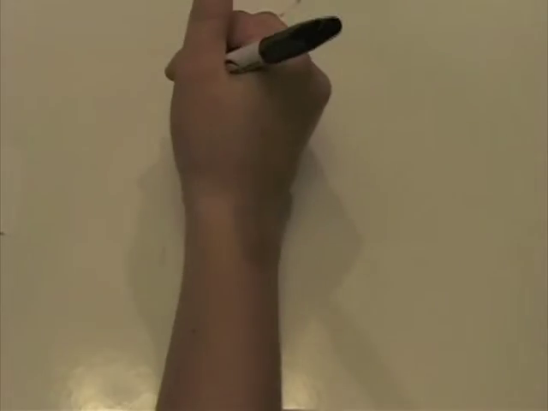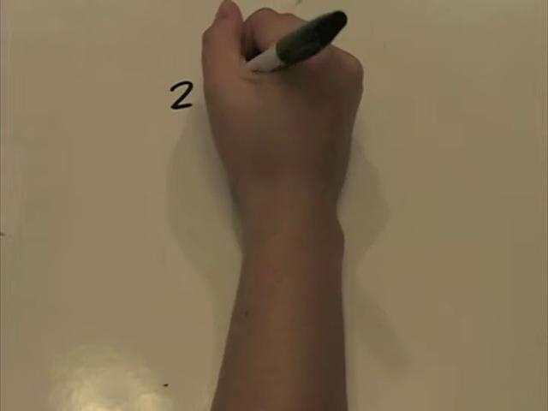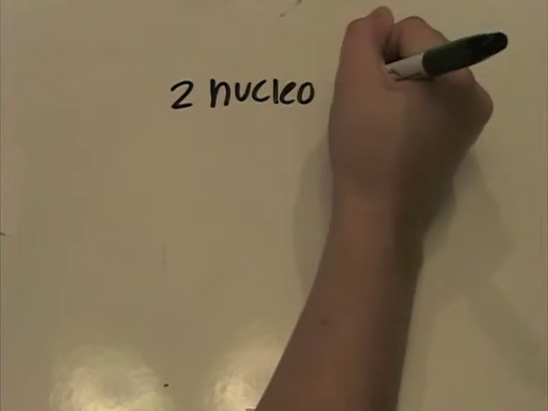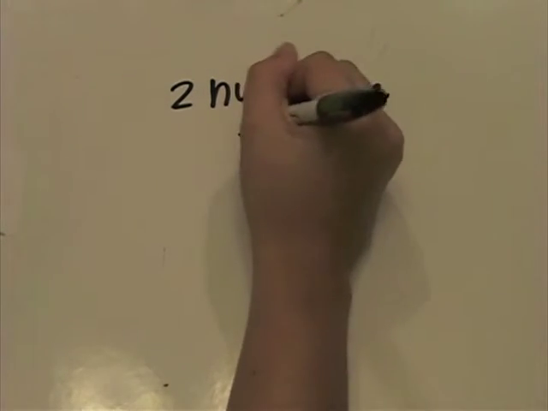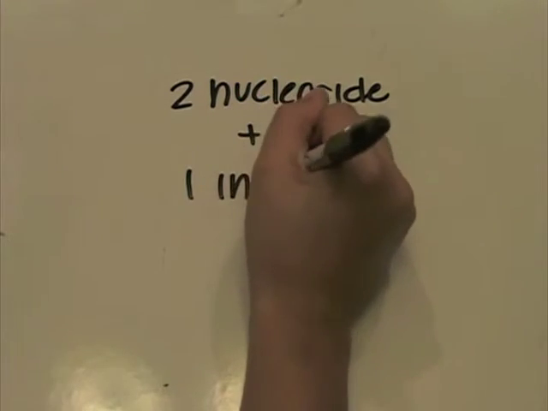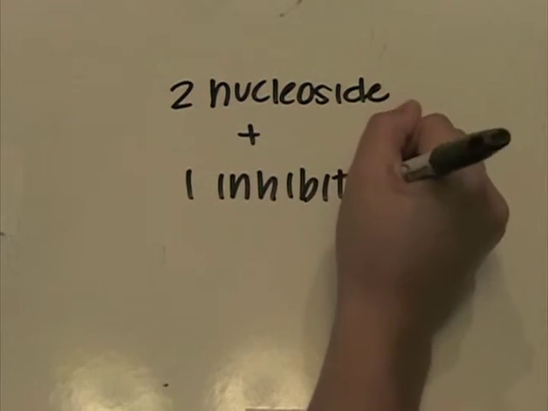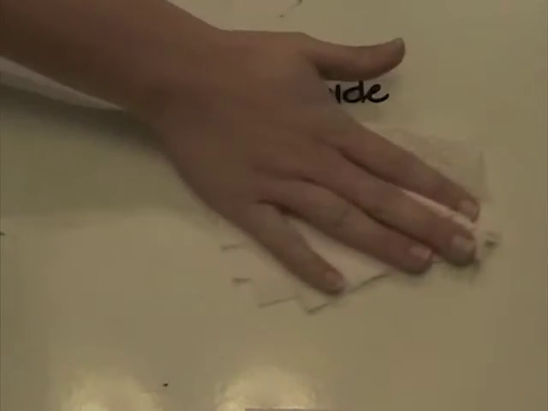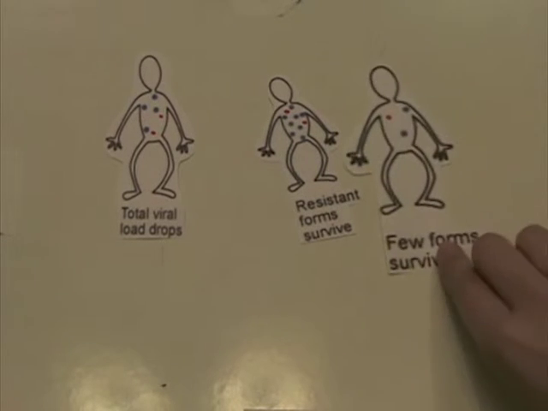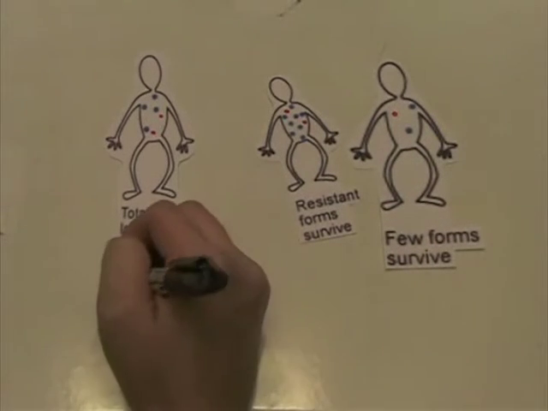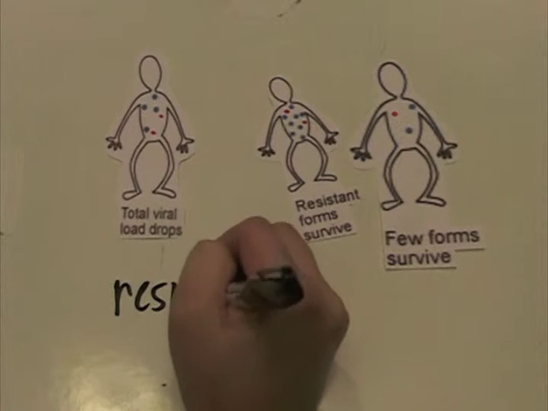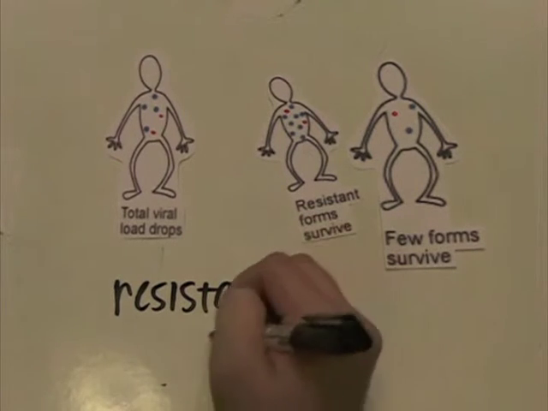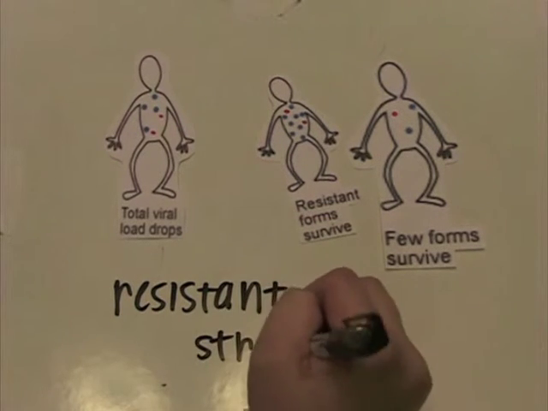Triple cocktail medications contain 2 nucleoside analog drugs and a protease inhibitor. The combination of drugs helps to reduce the concentration of virions in the bloodstream by affecting the enzymes in the virus. After several rounds of triple cocktail therapy, 1 or 2 resistant HIV strains will arise. These strains give rise to an increasing population of viruses, which requires a treatment change.